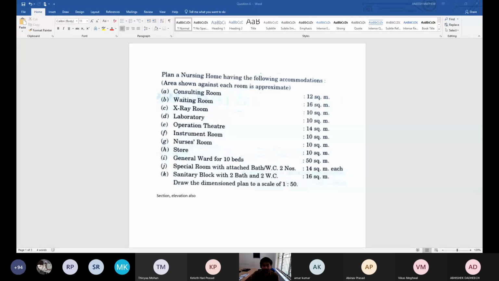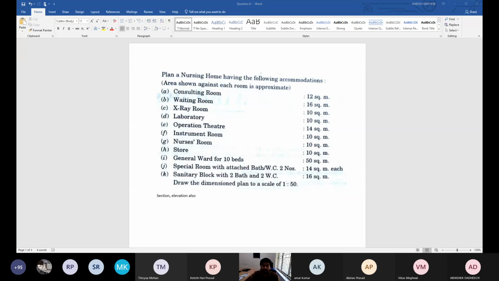If you add everything, you will get the built-up area. If I give an open space in between, that will also be added to the built-up area, but that is not given here. Like in a hospital, there's an open space in between and the rooms are arranged around it, sir. If I can give like that.